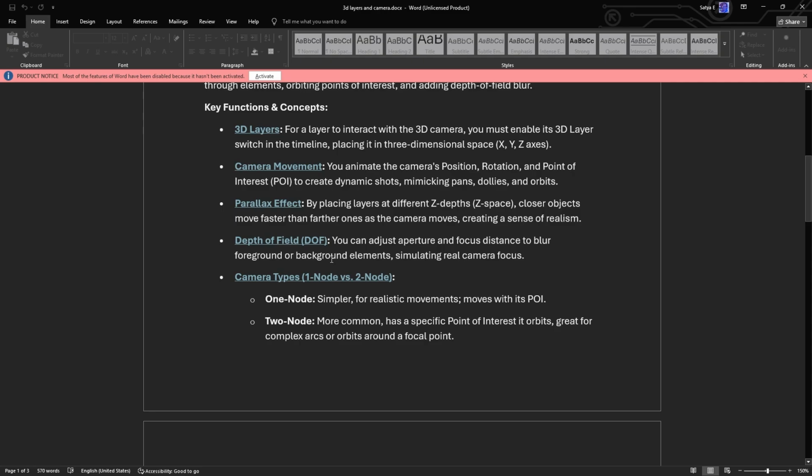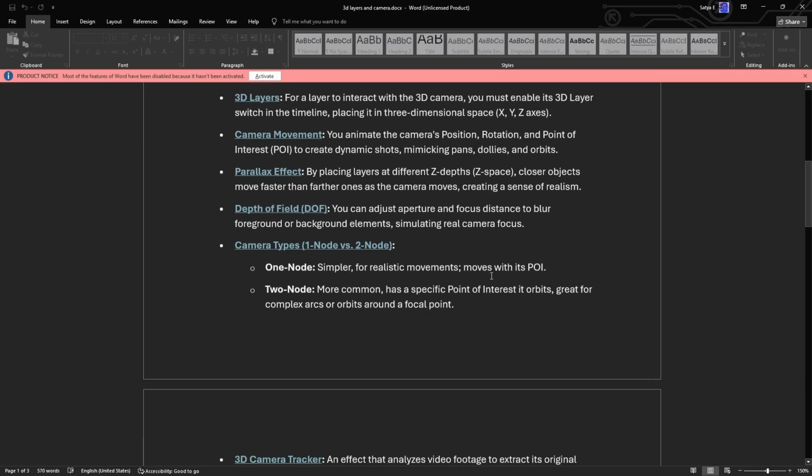Depth of field, DOF. You can adjust aperture and focus distance to blur foreground or background elements, simulating real camera focus. Here we have camera types. We have two camera types, one node and two node. One node is simpler for realistic movements and moves with its point of view. Two node is more common, has a specific point of interest, and orbits, great for complex arcs or orbits around a